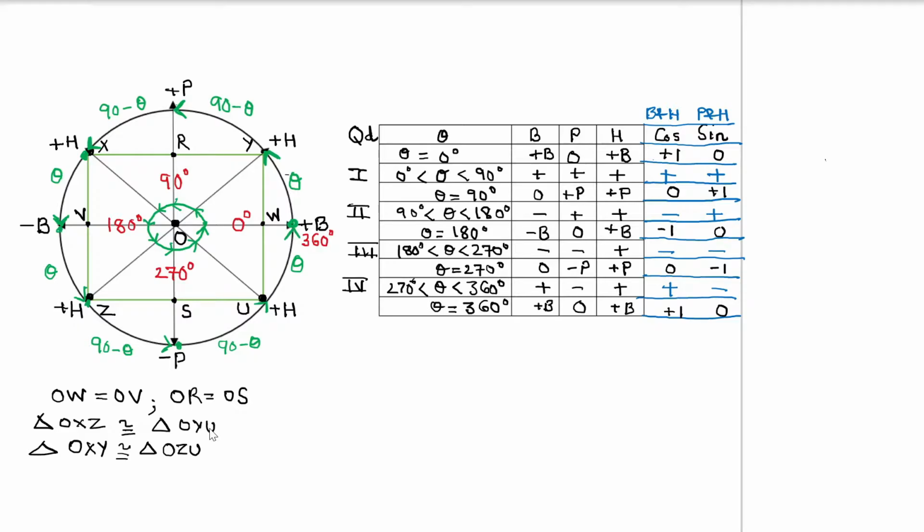When we say theta is between 180 degrees to 270 degrees, we are talking about a reflex angle. When we say that theta is equal to 270 degrees, that means we are talking about the negative hand of the y-axis, which in this case is represented by minus P. And when we say theta lying between 270 degrees to 360 degrees, again it is a reflex angle only. Finally, when you talk about theta being equal to 360 degrees, that is how a circle is formed.